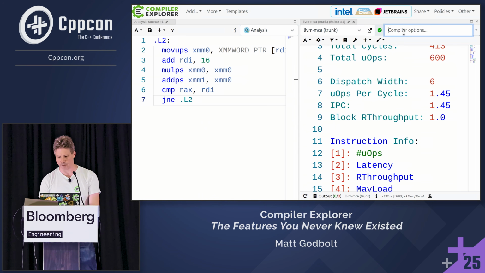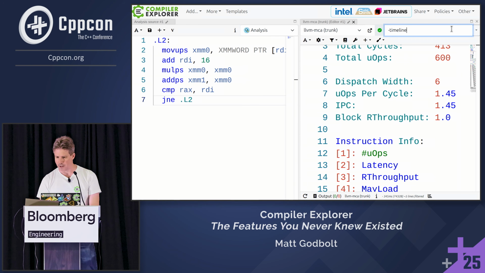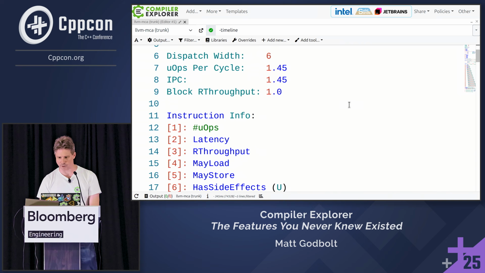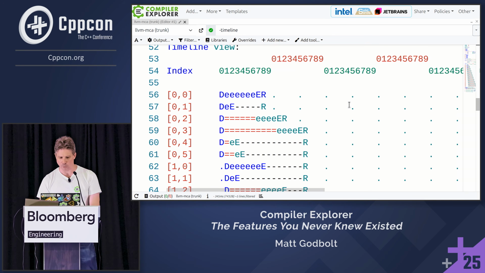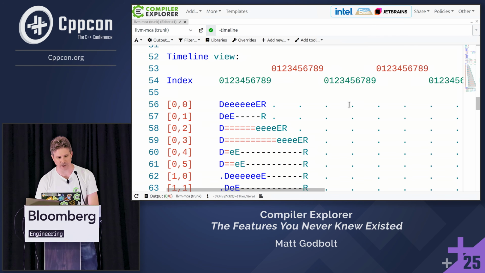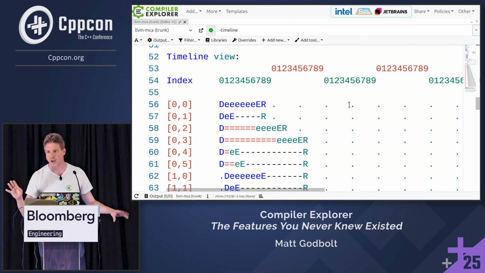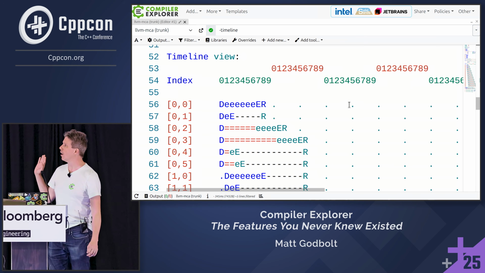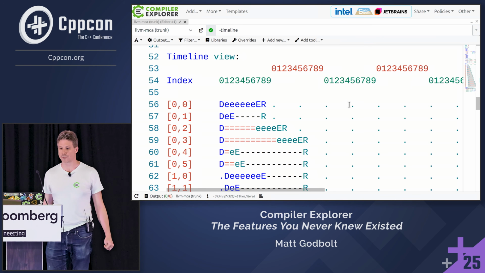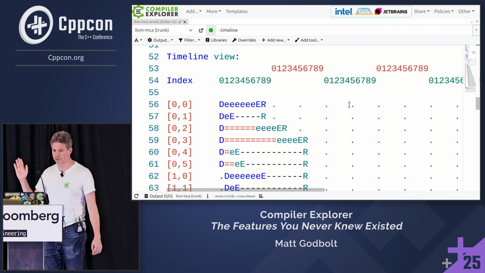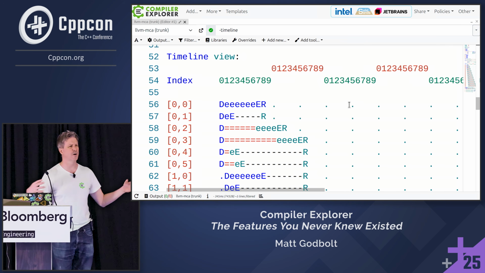But my favorite thing to do is to put dash timeline up here, and then maximize it, and then hope that we can get some kind of view here. Yeah, somewhere down here, we get this beautiful ASCII art, and one day I will make a view for this. One sweet day, I will do a view for this. But what we're seeing here is time going left to right, and the D means it's decoding instructions. So what we can see is in the first clock cycle, based on the current model that it's inferred from my command line